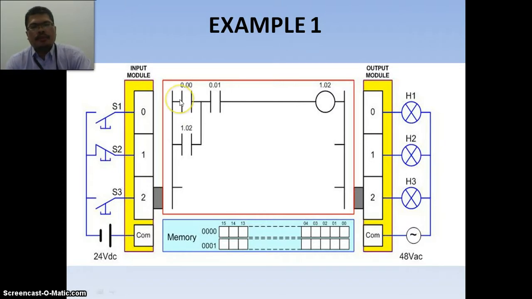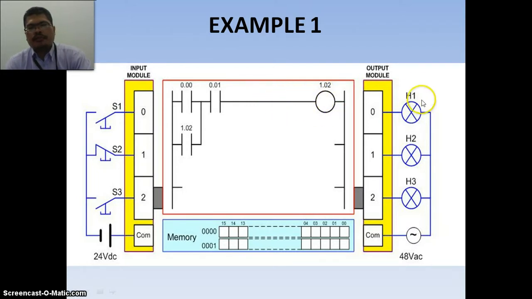And then we have a program here: a direct test, which refers to the address 00, this one. Another direct test, which refers to the address 01, which is this input. And another direct test with the address 1.02, which refers to this coil output.